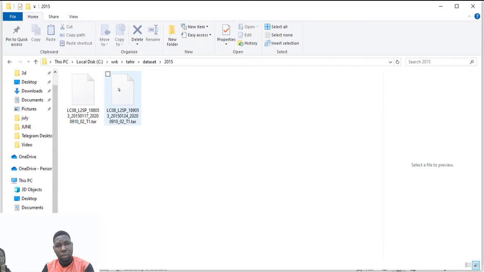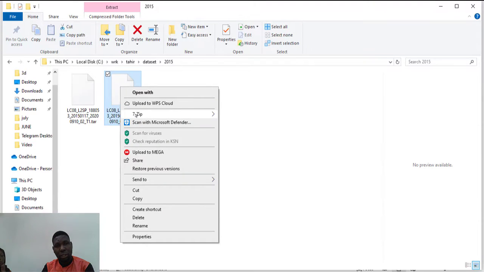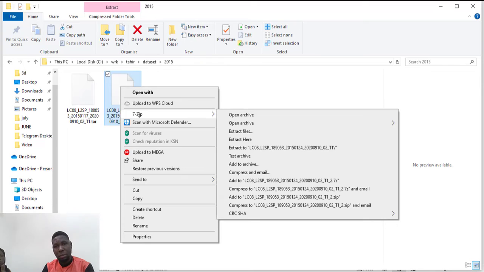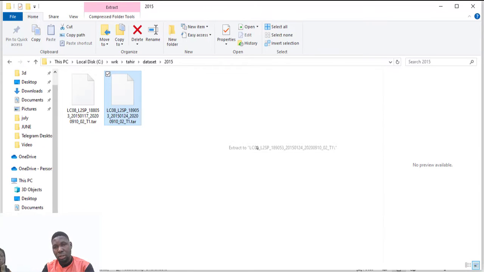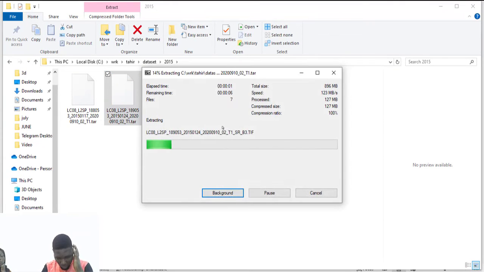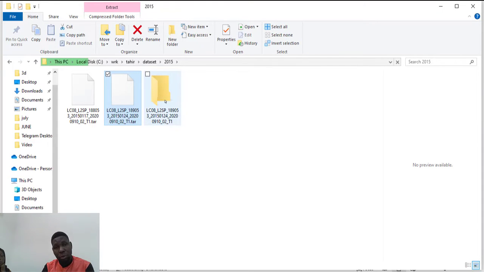If I right click on it, this is how the data comes when you download them. So if I right click and I use 7-zip and then I extract, when you open it,